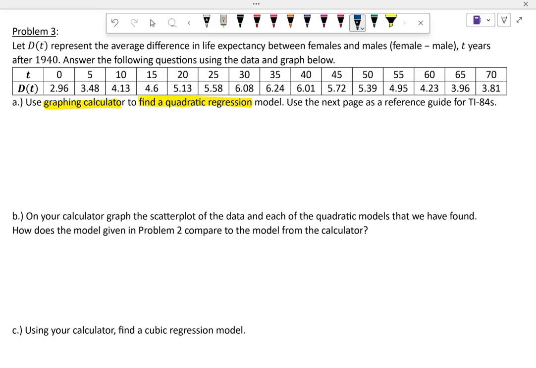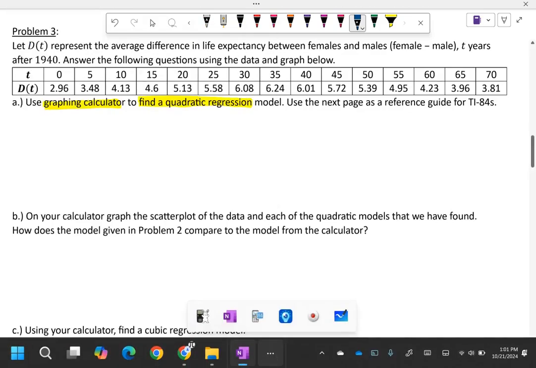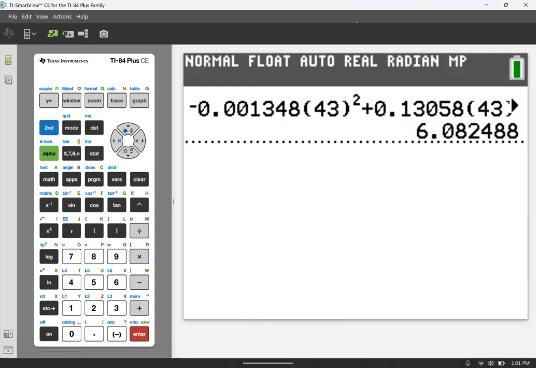Okay? So to do that, we are going to need to enter all this data into our calculators. I'm going to do the TI calculators first. Those with Casios, just hold a second, I'll get to you in a second. TIs I'll be doing first. All right, so on the TI calculator,